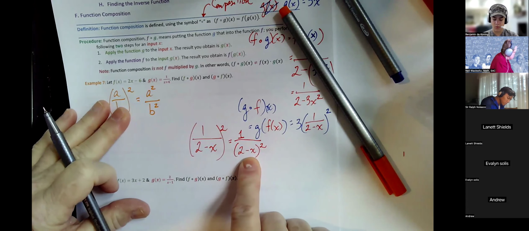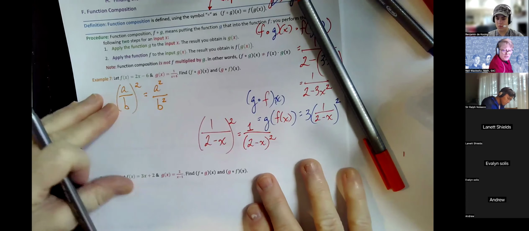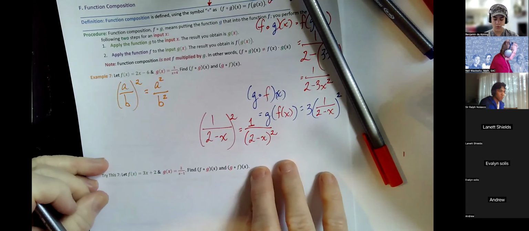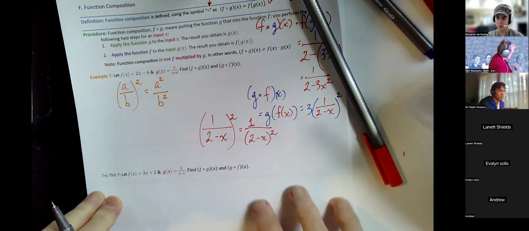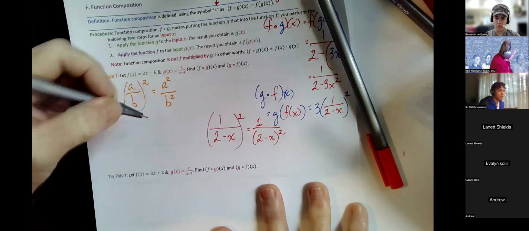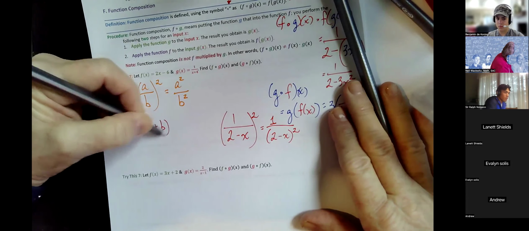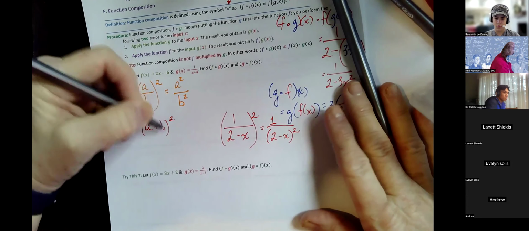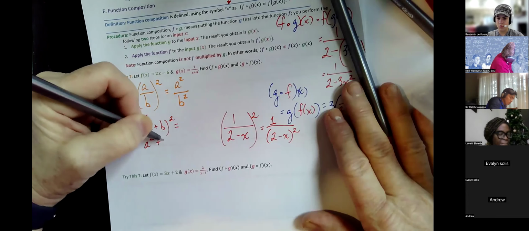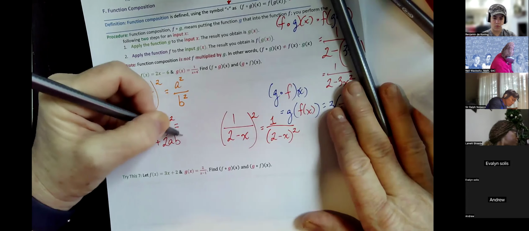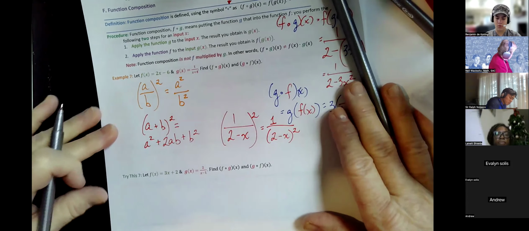Because it's always fun to remember how to square a binomial. We're going to do it two ways. I want you to remember the pattern rather than all of the steps. So here is the pattern. If we have a plus b all squared, that is a squared plus twice ab plus b squared. And that's because